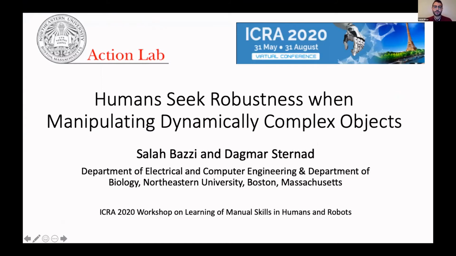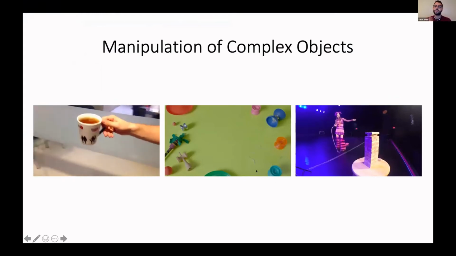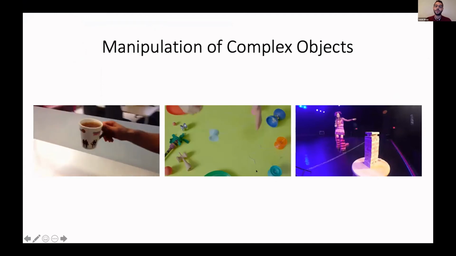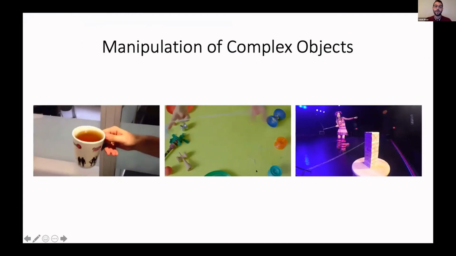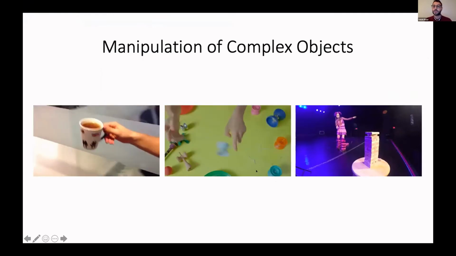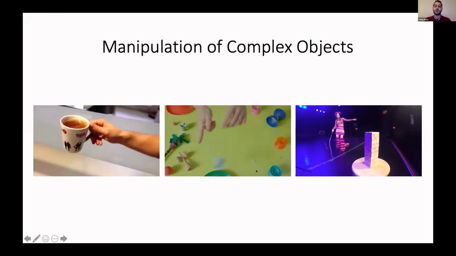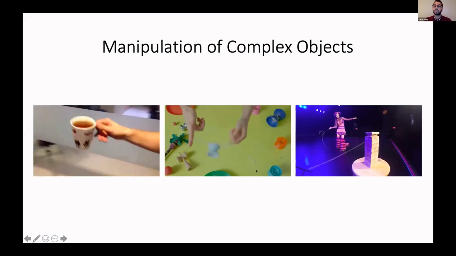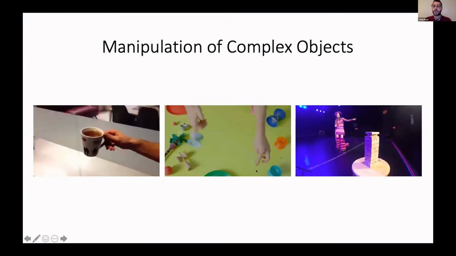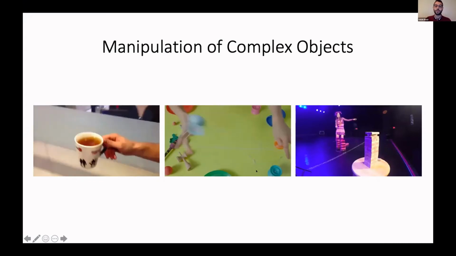Today I'll be talking about stability and robustness in human manipulation of dynamically complex objects. And when I say complex objects, I mean specifically objects that have dynamics that are underactuated, nonlinear, and sometimes even chaotic. We as human beings can easily physically interact with such objects despite having long feedback delays in our human neuromotor system. We have a limited actuator bandwidth, but despite all these inferior characteristics when compared to robots, we still outperform robots. And the question is, how are we able to do that?